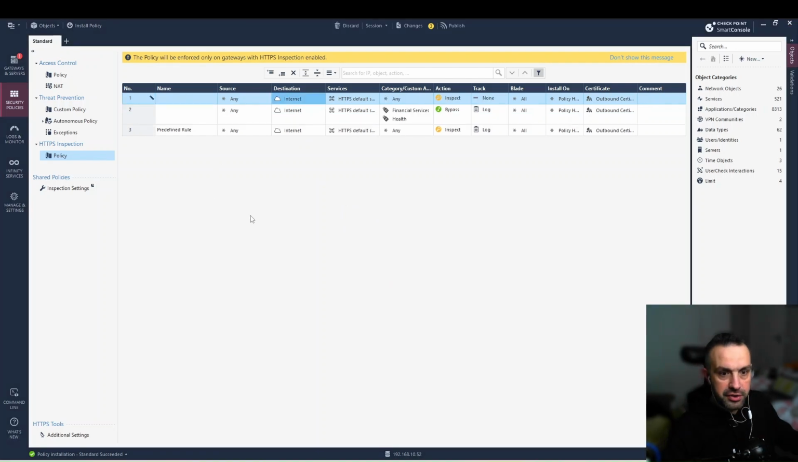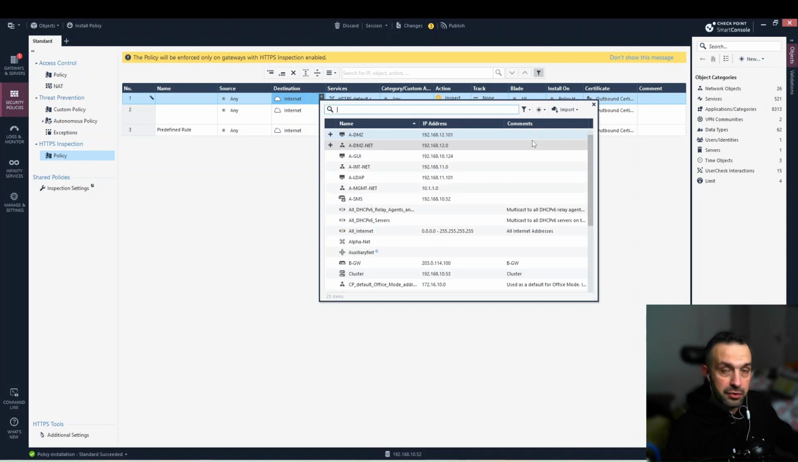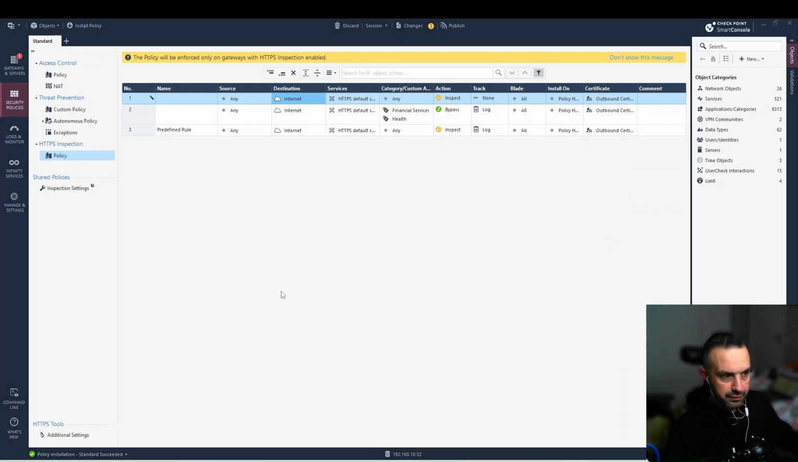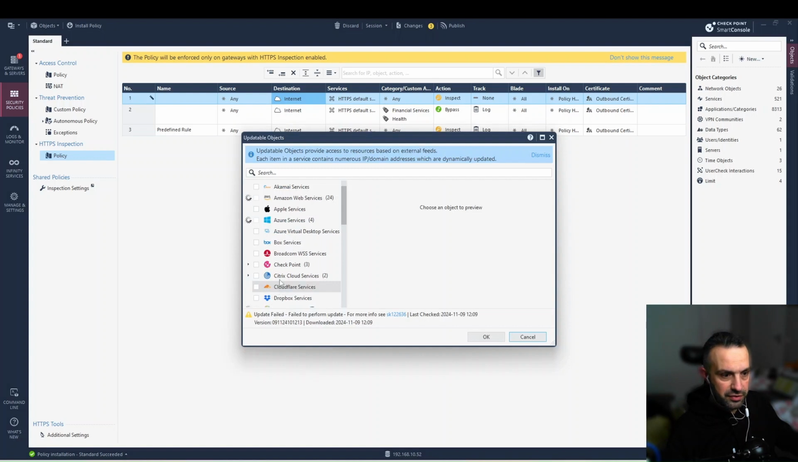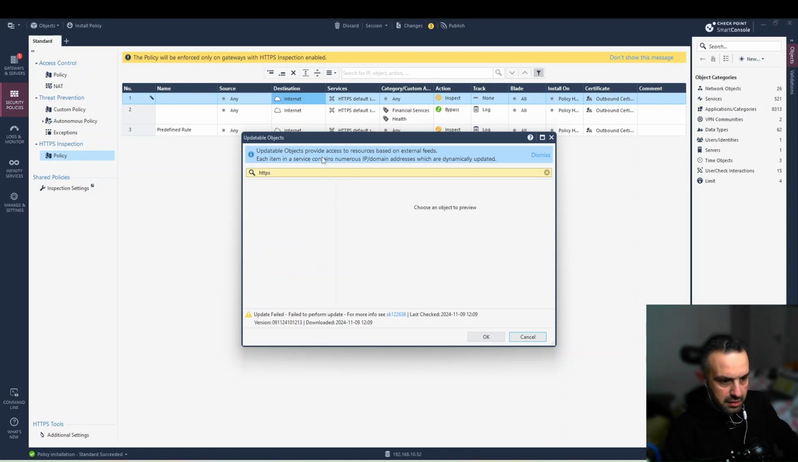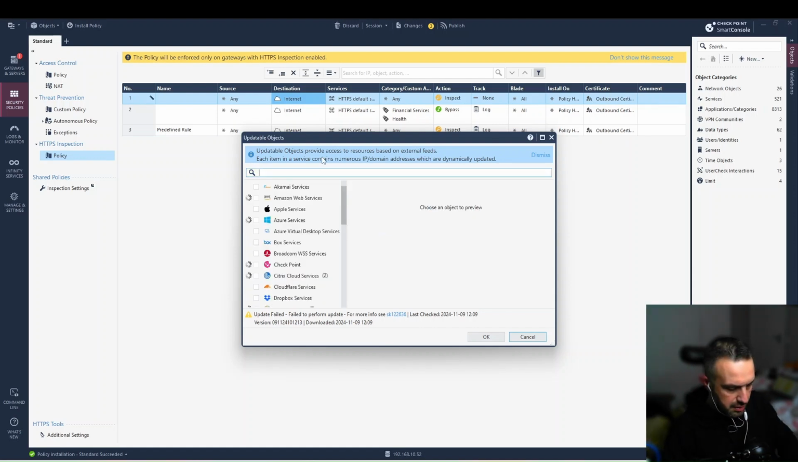So another cool feature is the ability to bypass recommended things like Microsoft Update, Apple Update. So destination, if we click on this plus here, we can use an updatable object. So import an updatable object, and now we can see what is recommended. For example, HTTPS, okay, HTTPS here,